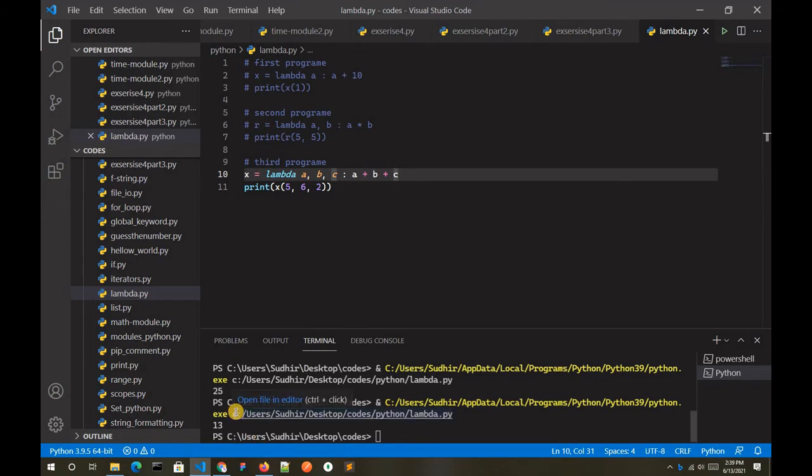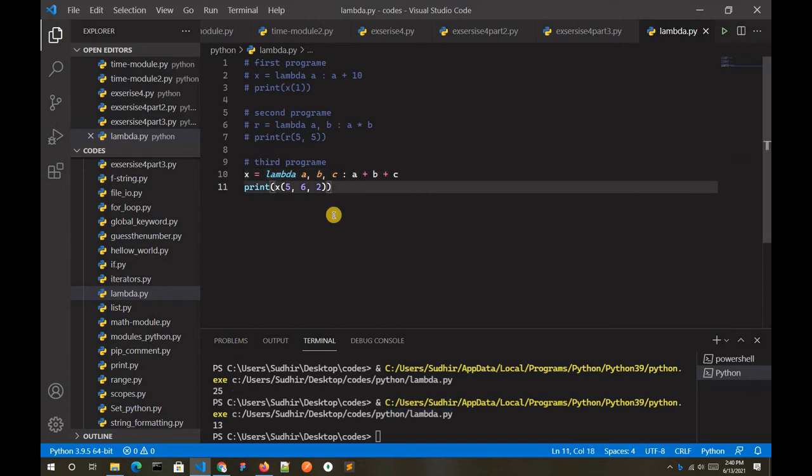So guys, now why use lambda functions? The power of lambda is better shown when you use them as an anonymous function inside another function. Let's say you have a function definition that takes one argument, and that argument will be multiplied by an unknown number.